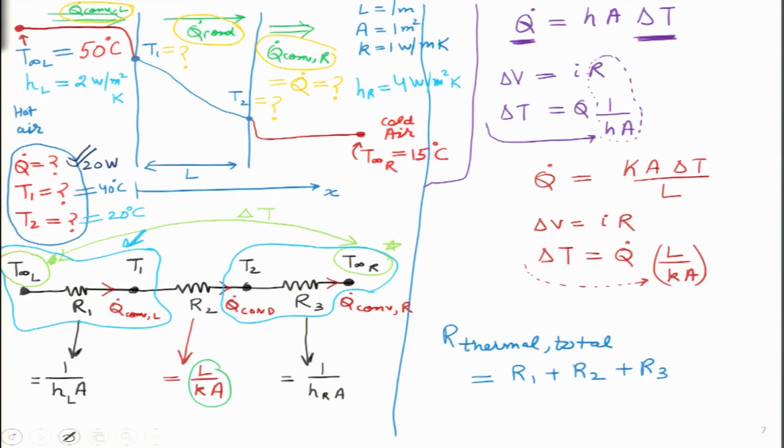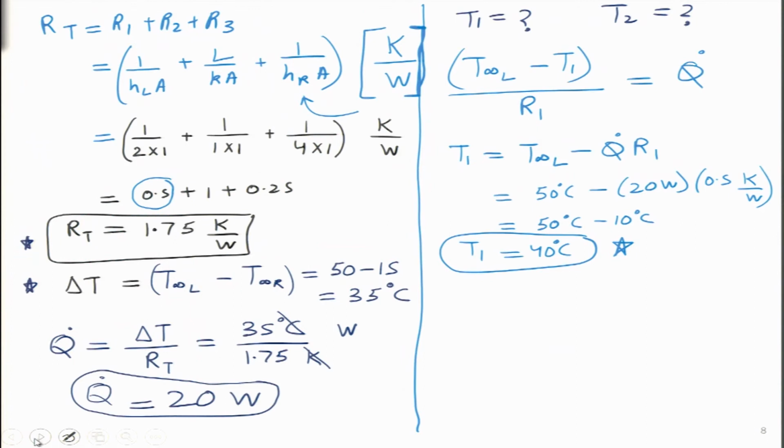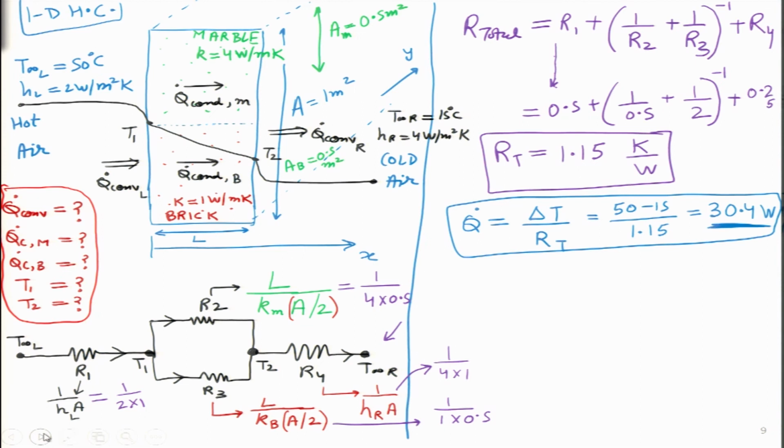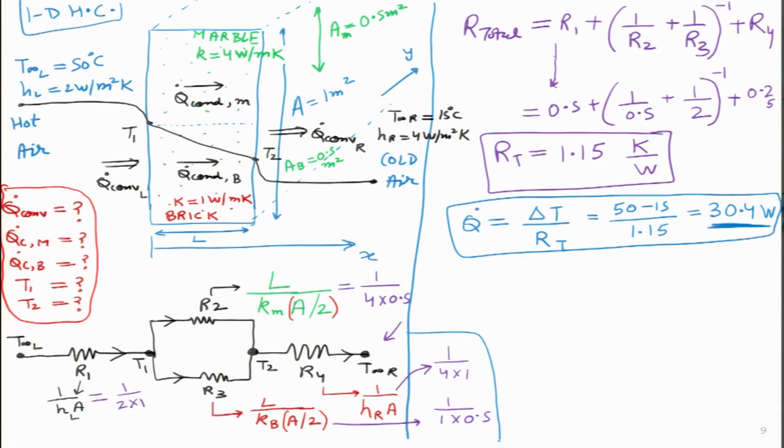Let us go back and see what value we got in our previous example. Oh, it is here. So, this value is 20 watt. So, suddenly, if we have added marble to our wall, what is this example showing us? That the amount of heat actually going through it has increased. Does it actually make sense with our common perception? I would agree so. If I am adding some material in my wall which has higher thermal conductivity, I cannot expect the heat transfer to go down or to remain the same, it will actually increase. So, this confirms our understanding of heat transfer, but here the good thing is we are actually getting exact numbers.